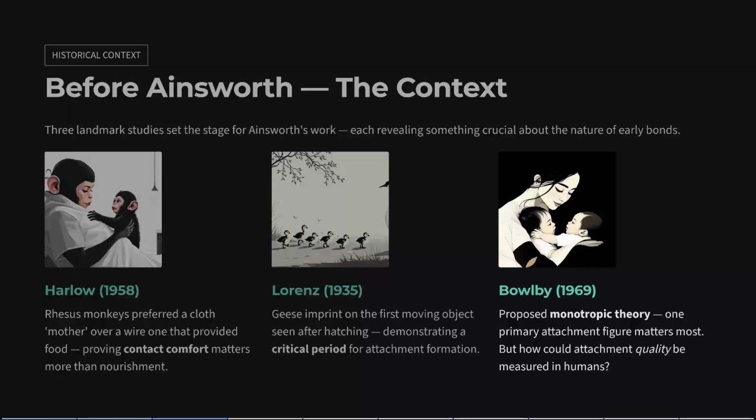Most people assume Harlow's wire and cloth mother study, by the way, was straightforwardly approved and celebrated at the time. In fact, it was deeply controversial. The conditions the monkeys were kept in were extremely distressing, and the long-term psychological damage to the isolated monkeys was severe. Harlow's work sits at the centre of ongoing debates about animal ethics in psychological research, which are still active today.